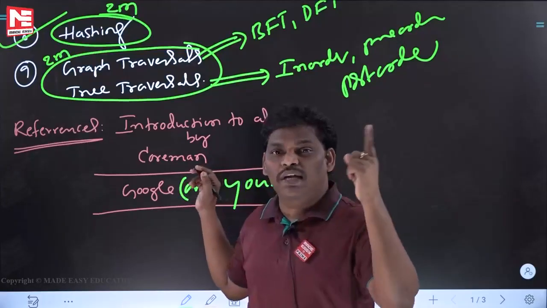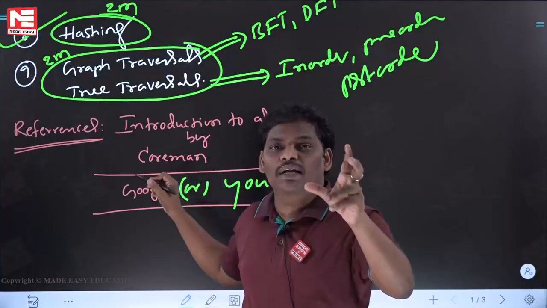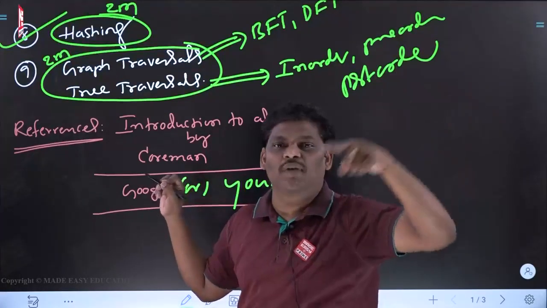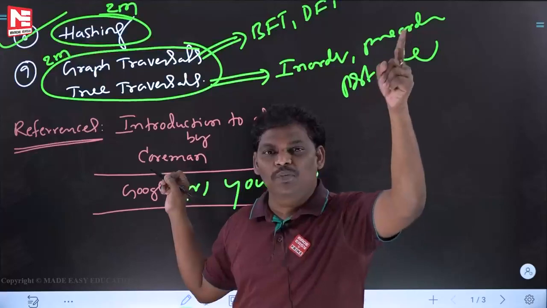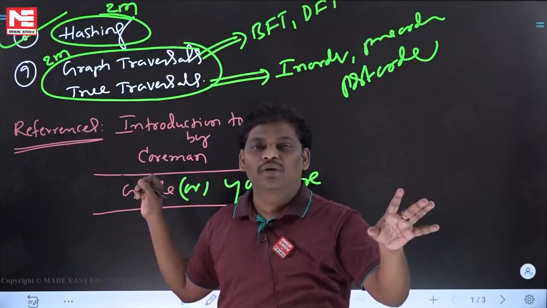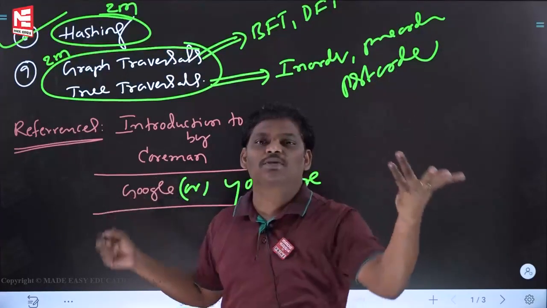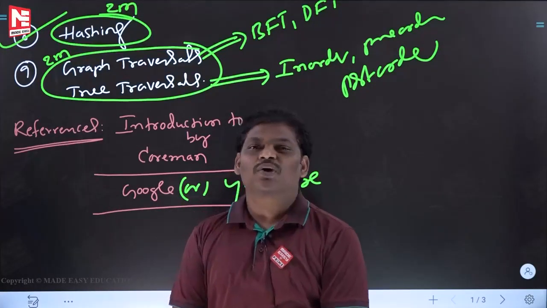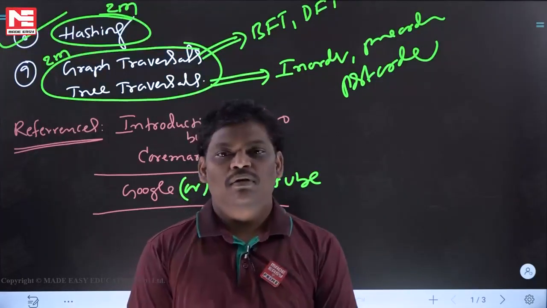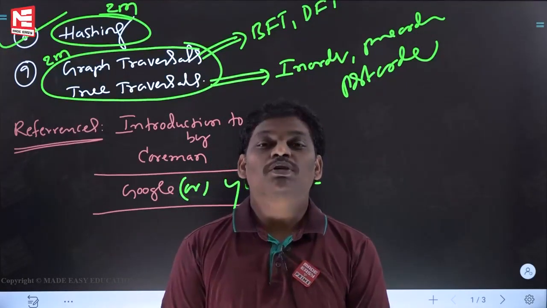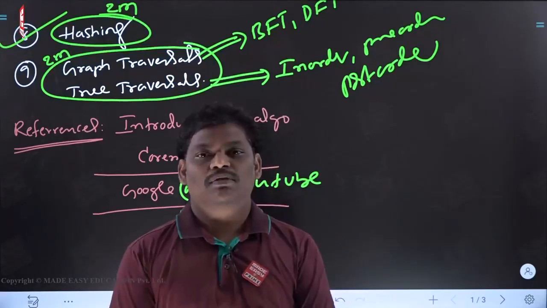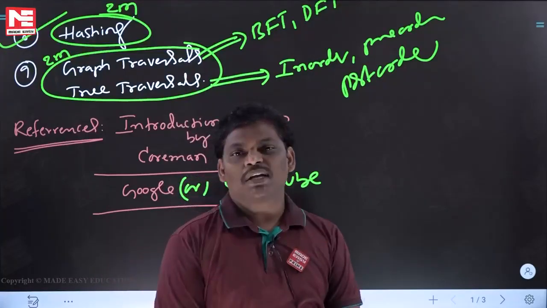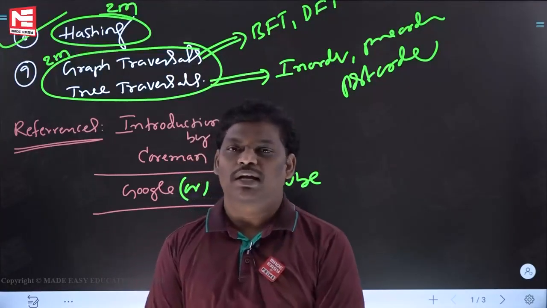Suppose anyone wants to study directly from the book, that book contains 2000 pages. If you keep on reading 2000 pages from starting to ending, you will still be studying algorithms only when the GATE exam is over. What is the use of that kind of preparation? Without any goal, how can you prepare like this? If you read a 2000-page book for algorithms, what about the remaining subjects? If you are really good in all subjects, then you will get a good GATE rank. If you keep on doing research on one subject, you don't get it.